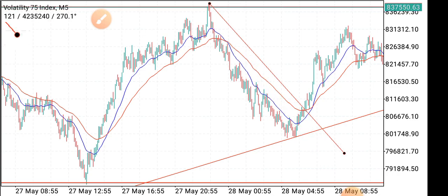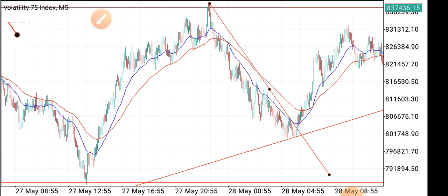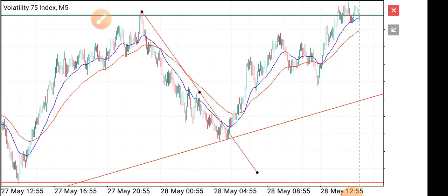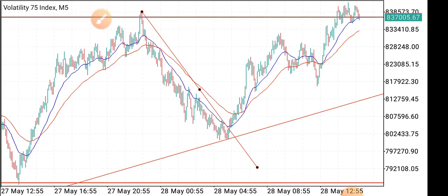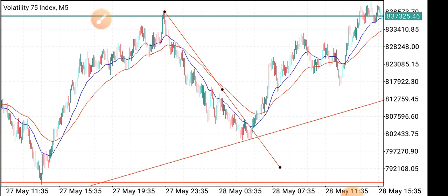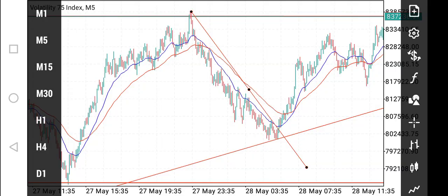You can see now, the moment it broke this trend line, it's an indication for me to buy. Are you getting my point? It's an indication for me to buy. Now, two things. If you miss this kind of chance at times,